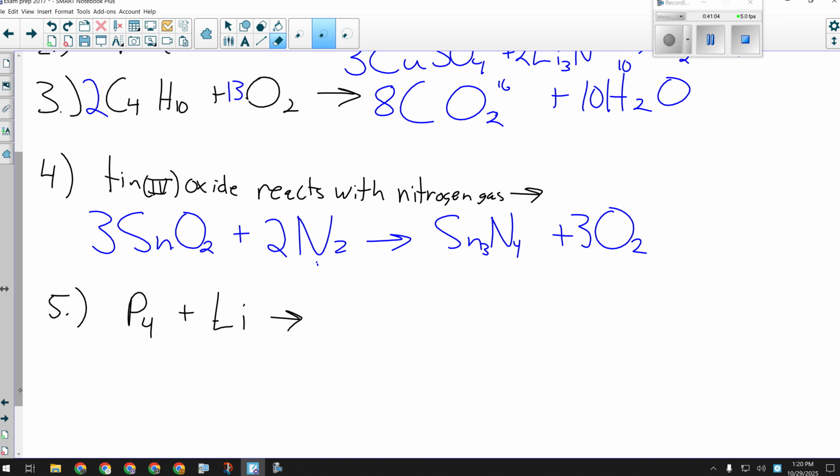I flipped it, right. What element do I need to write first in my products? The lithium, because I'm going to make an ionic compound. This is a nonmetal, and this is a metal. So I have to remember that when they go together, they make an ionic compound where the metal is listed first. Okay, then I drop and swap. Okay, so Li3P,